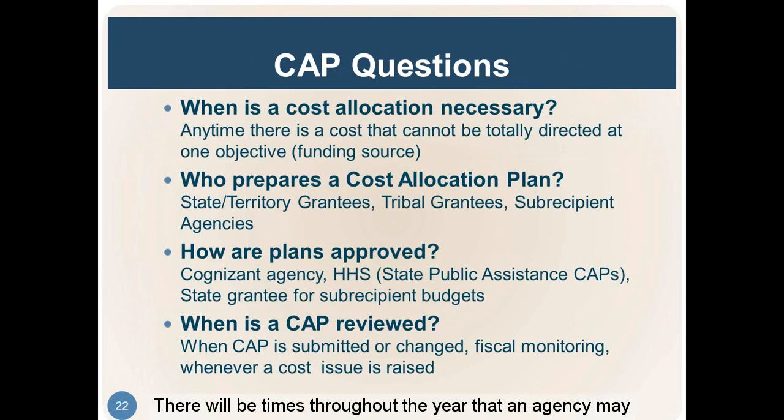There'll be times throughout the year that an agency may come to you and say, hey, our costs were a lot more than we thought. Can we have an adjustment? It'd be a good time to review it. There'd be times during the year that perhaps their costs are a lot lower than they had estimated. And while you're monitoring, you might say, hey, we need to consider adjusting this. That's in particular importance for awards that are near the end of their period, so we can make sure that those federal funds are spent as soon as possible.